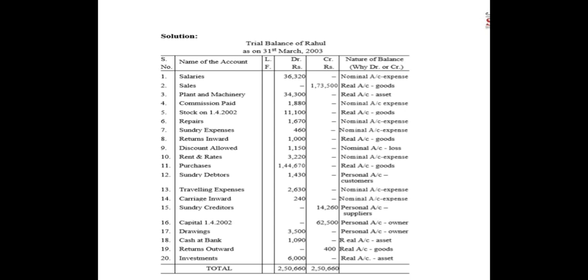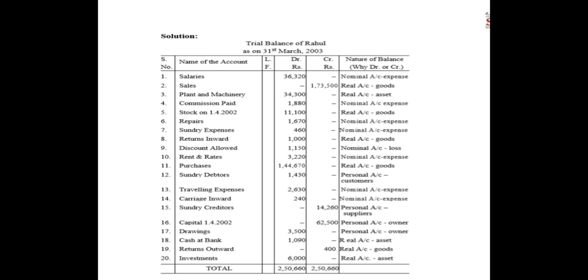Sales, what goes out as sales means it is related with the goods. If it is related with the goods, it comes in the real account. As per the real account, what goes out should be credited. So I have just written in the credit side the amount of sales. Remember this thing, whenever you are preparing the trial balance, you should have a better understanding, good or sound knowledge about the types of account and the rules of accounting, because on that basis only you can prepare it.